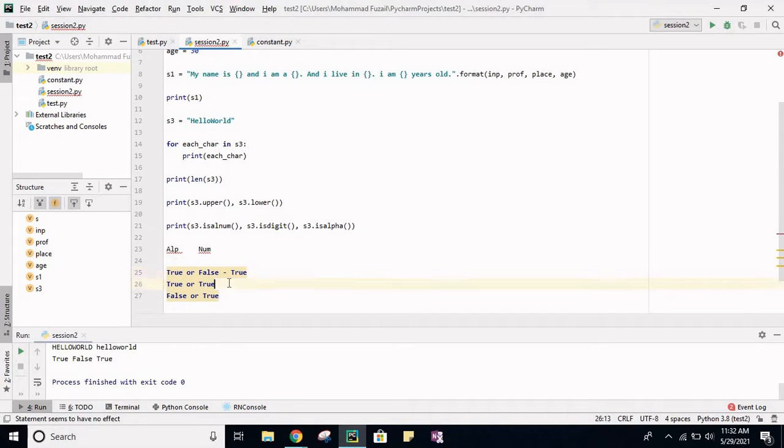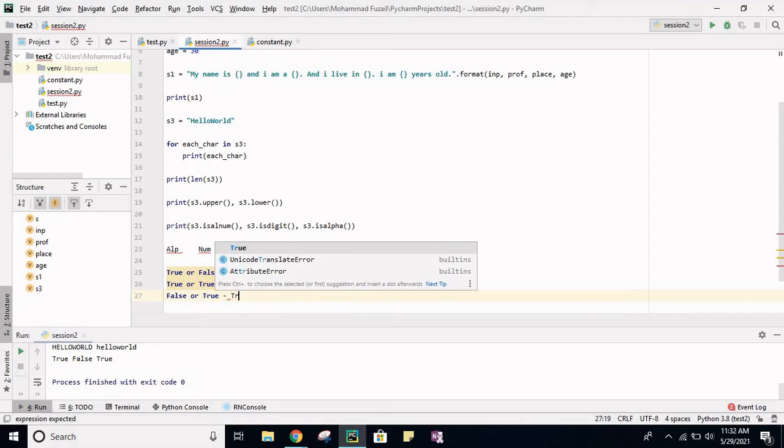Okay, so alnum uses the OR condition to check, not AND. If it is containing both alphabet and numeric, in that case as well we will get true. Now if it is not containing alphabet, which means for alphabet we get false, but it contains numeric, for numeric we get true, in that case as well we get true. Is it okay for all of you, or is it clear, or do you have a doubt in this?